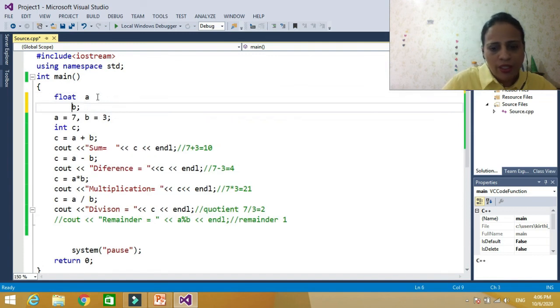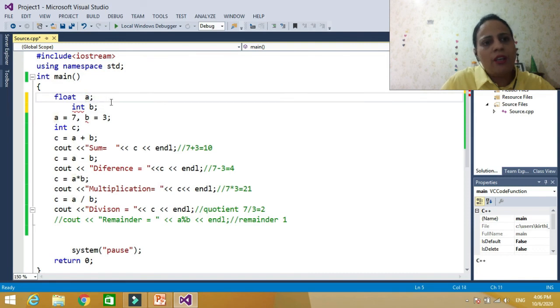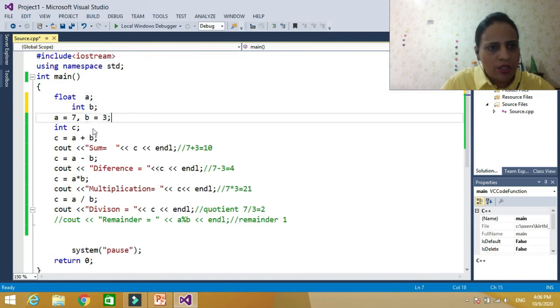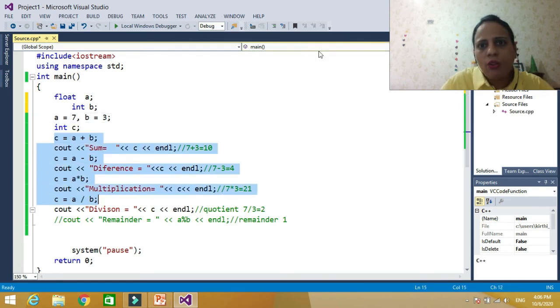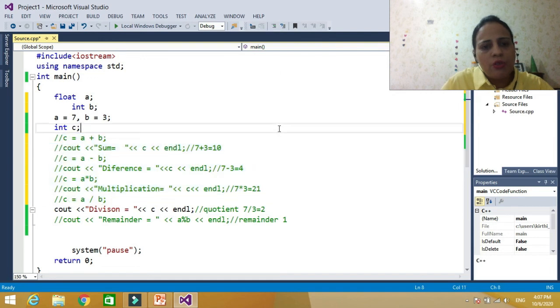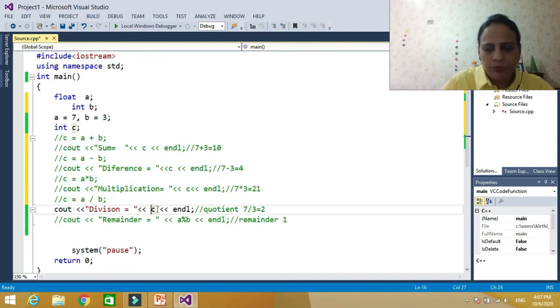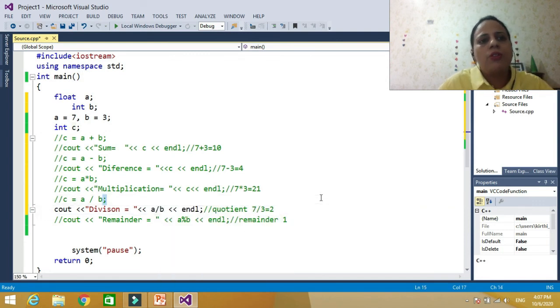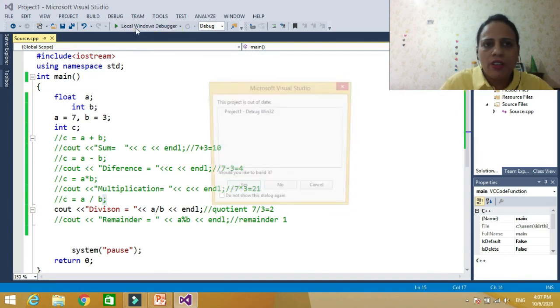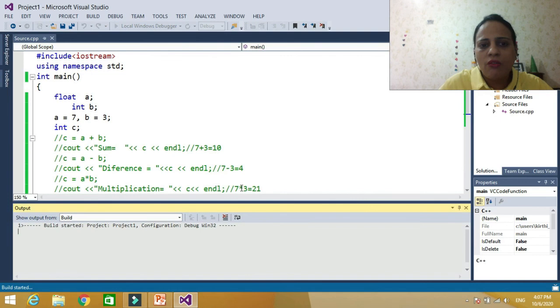Now let's check one more thing. Let's say A is a float number and B is an integer. Let's make everything else a comment, we are checking only for this. So now let's write only A upon B here. Now A is a float and B is an integer. So when we divide, what should be the result?